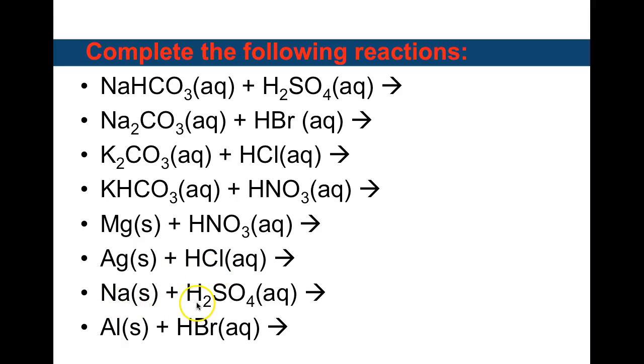Na will push out the hydrogen, and also make sure to have a 2 in front of the Na, so you get Na2SO4 plus H2. Al again will push out the hydrogen, so make sure to put a 3 here, so you get AlBr3. Oops, wait. 2Al plus